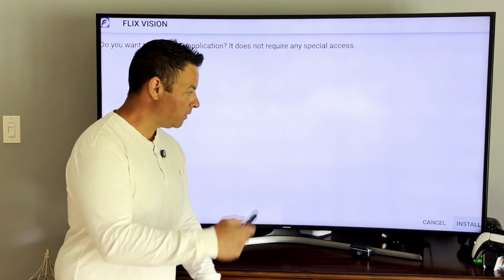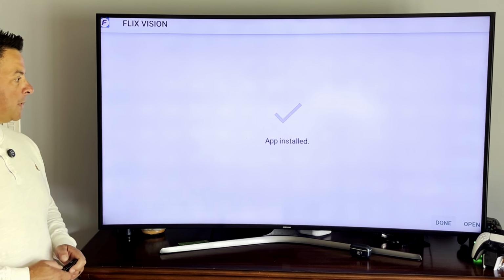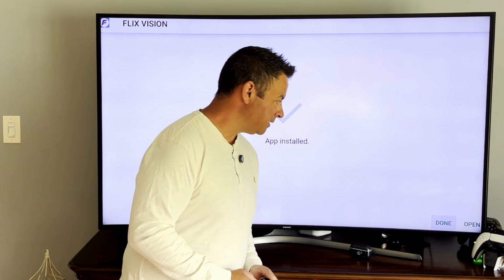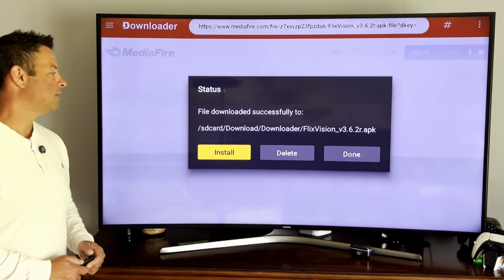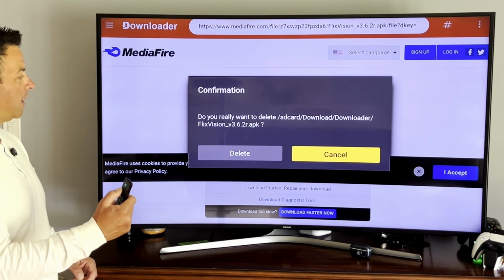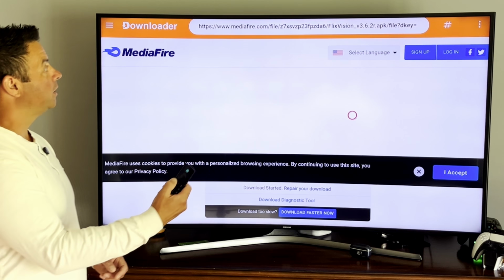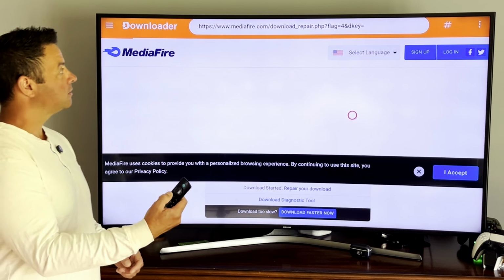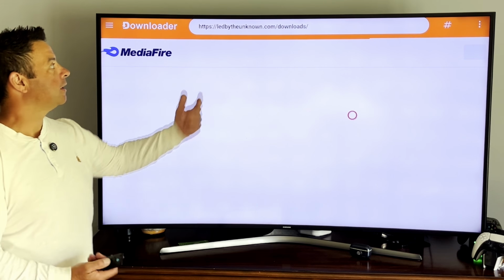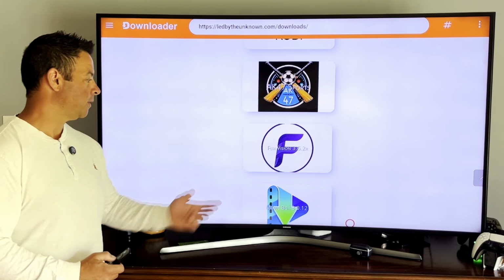Down in the bottom right corner, click install. Down in the bottom right corner, highlight done, select it. And again, delete the installation file. Yes, confirm the delete. Now here you got to kind of be 1, 2 backs, 3 backs. Then it comes back to the website. So we got 2 great apps,